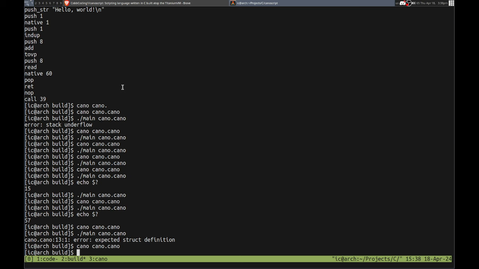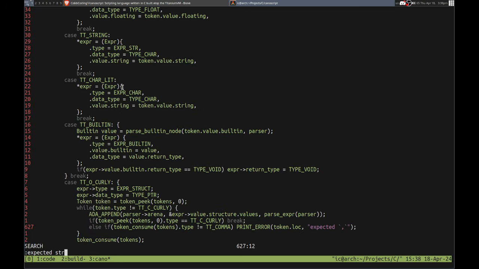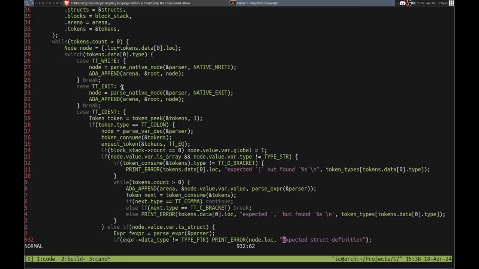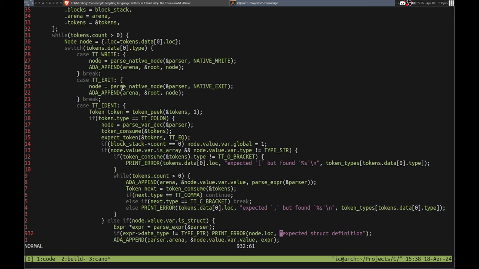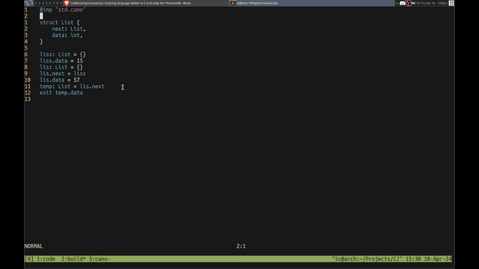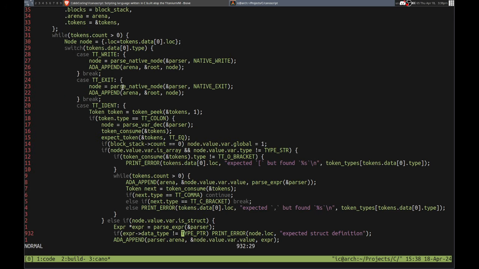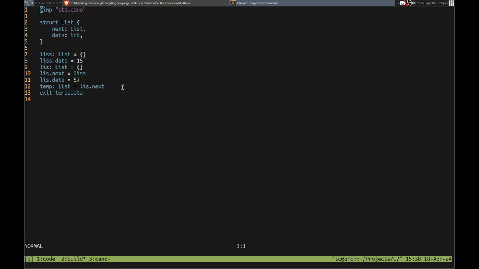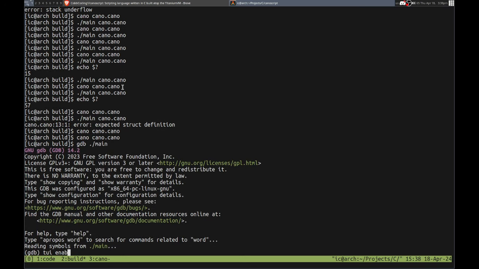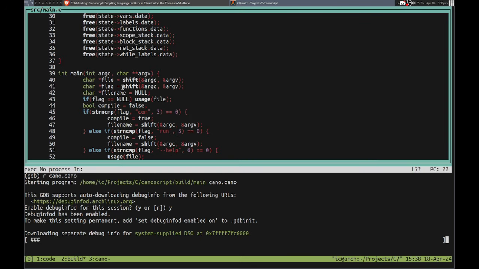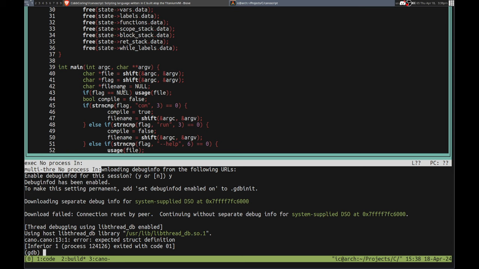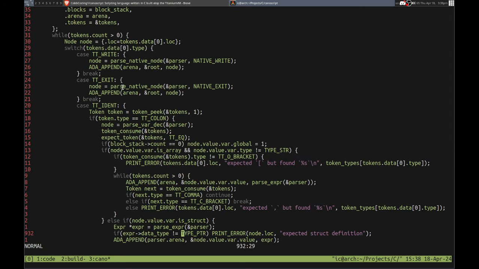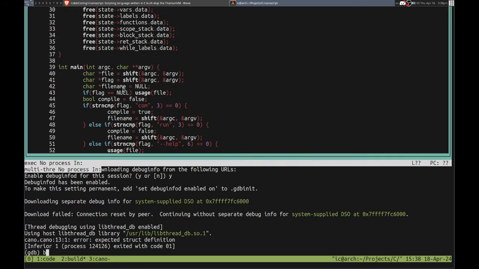Expected struct definition. Why expected struct? Okay, so it's not a type pointer. So what is the type of it? Hang on. What is the type that this returns? Or it could be one of those. So can I print out the type? What if I run GDB on it? Okay, and that's just gonna die, right? But if I break on this point, right? Break